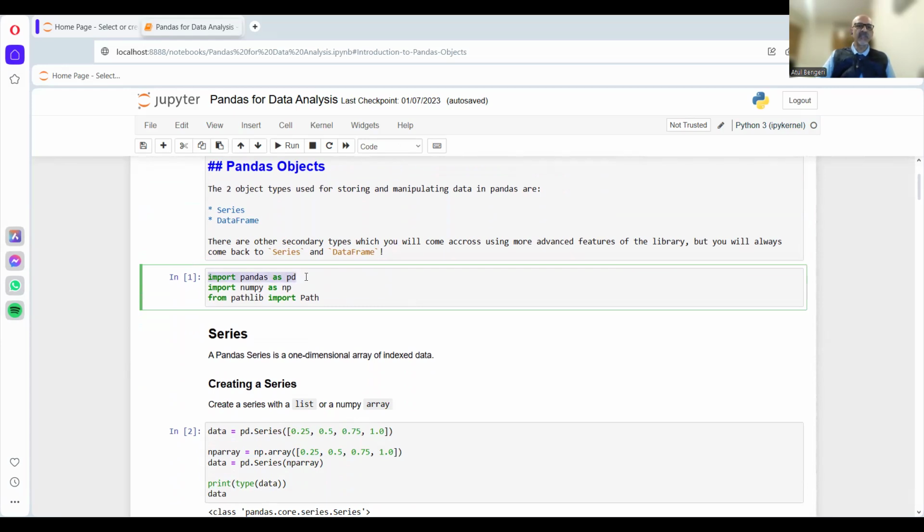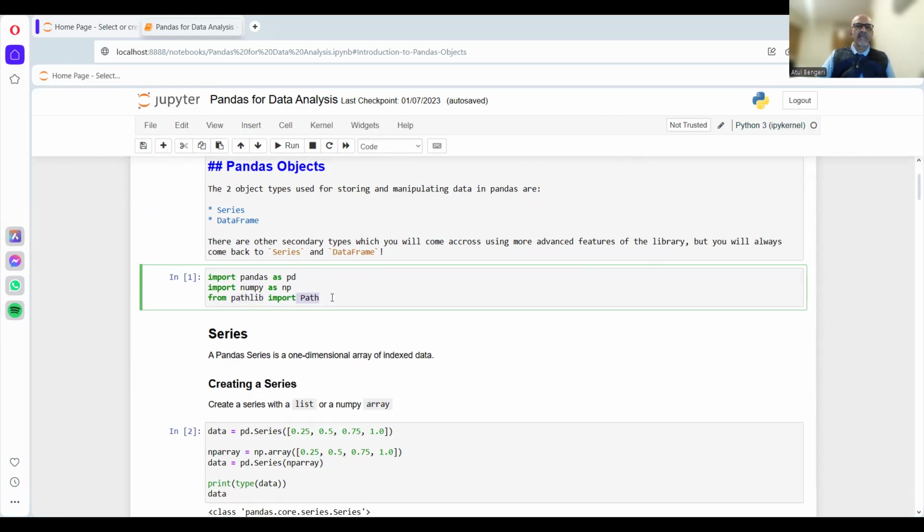Initially, we import the libraries and give an alias. So what you see here is when we say import pandas as pd, pd is the alias that we would keep using whenever I need to refer to the Pandas library. Same is the case with NumPy. NumPy is another library, which I would refer to as np. These are not standard naming conventions, but you can use them because it becomes easy for us to follow the naming nomenclature. And then we're going to use